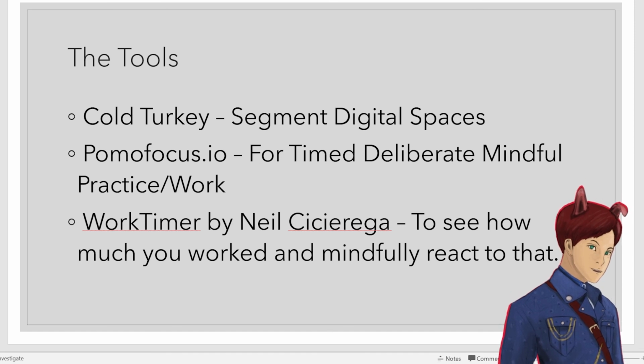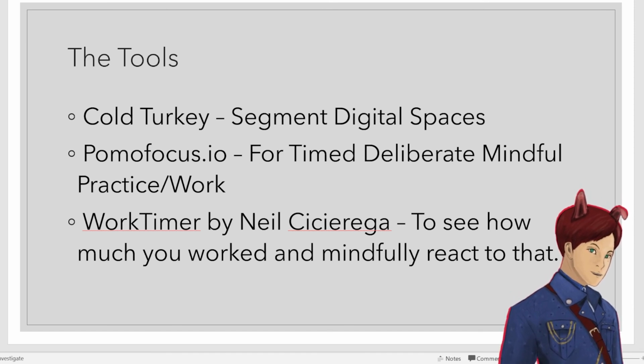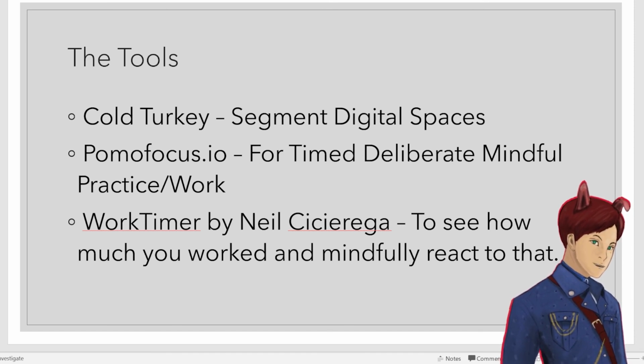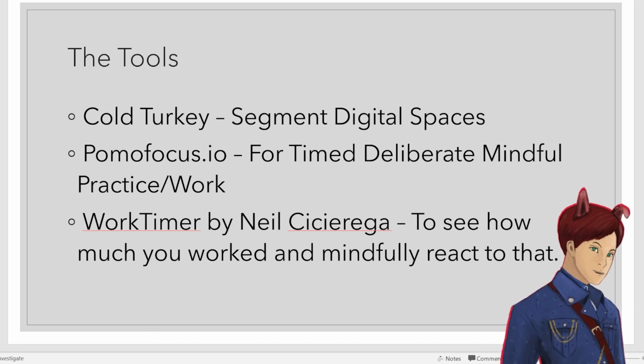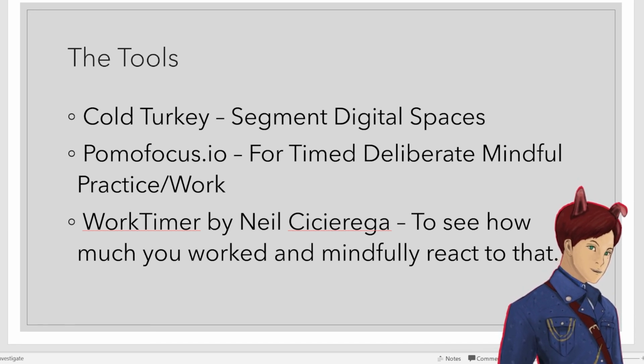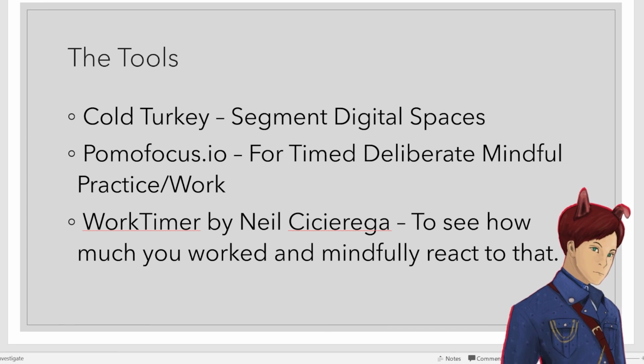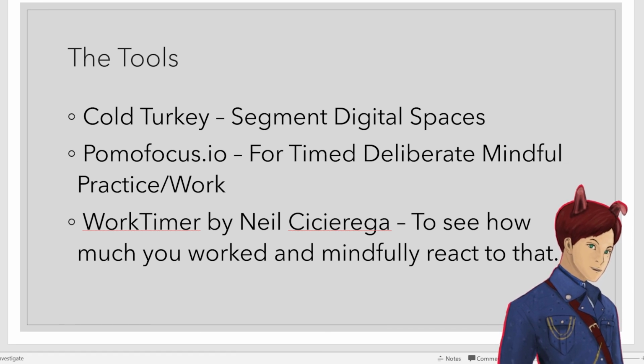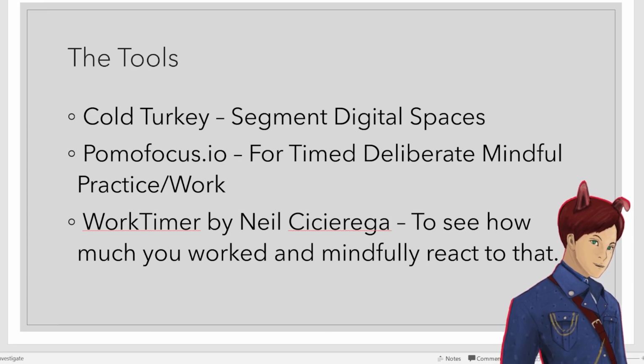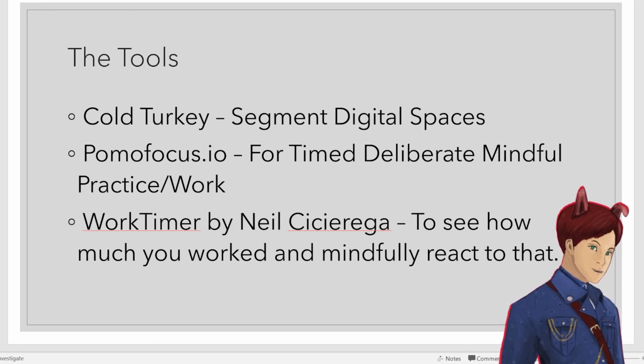Don't look at the work timer and go, oh, I only worked for 5 minutes so far. 1 minute of work will always be better than 0 minutes of work. One push-up will always be better than 0 push-ups. One push-up every day for a week will give you 7 push-ups versus 0 push-ups every day for a week, it will still be 0. It will always compound on itself. So don't look down on how much you work and go, oh, I only worked for 20 minutes today. I only worked for 10 minutes today. It's still better than 0. Trust me.